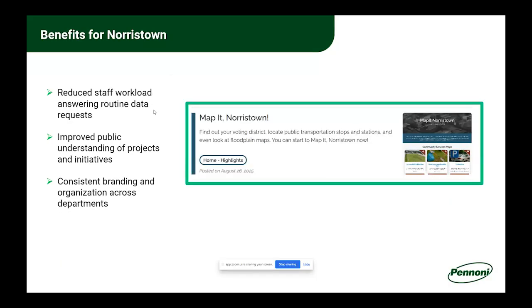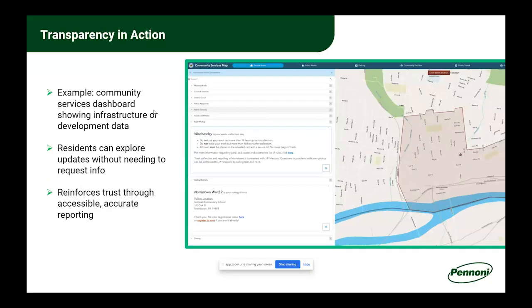Again, this reduced the staff workload from those frequently asked questions. And then we presented to council, got this out in public, and they are actively using it. It's also embedded on their norristown.org site, matching it, and all the apps are embedded on their site as well. The one I'm showing here is the community services map. This is the one I mentioned, where if you want to know when your trash gets picked up, where you vote, the zoning overlays, where the school